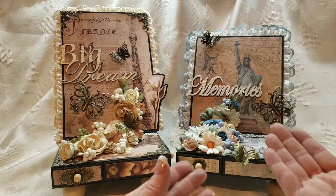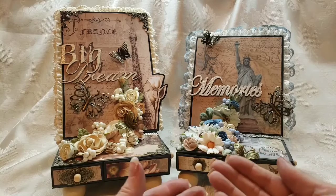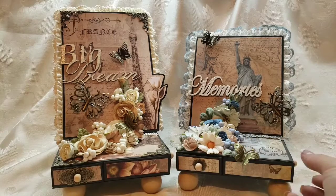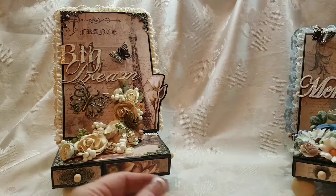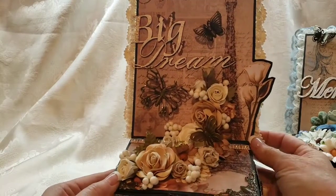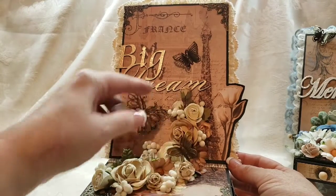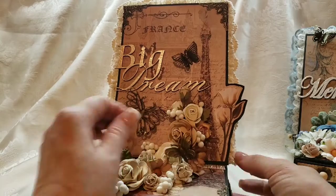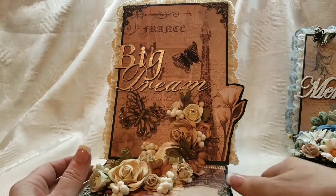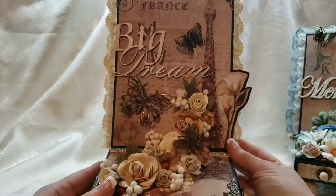And there will be a tutorial showing you how to create this box after my project share. So let me start with the larger. And I used a 12 by 12 sheet that had the Eiffel Tower. And you can see how the Eiffel Tower comes here. The paper is cut off. And then, oh, excuse the glue strings. And then the bottom of the Eiffel Tower is at the bottom of the